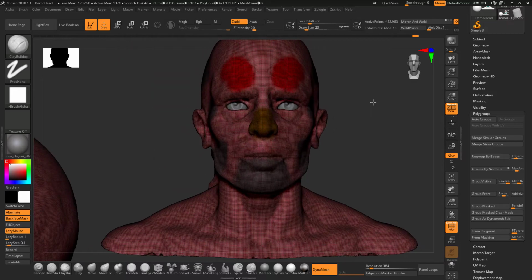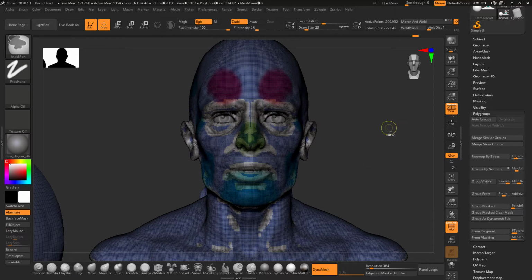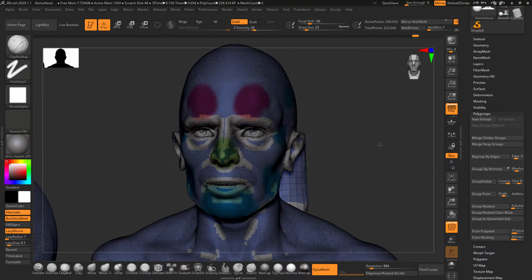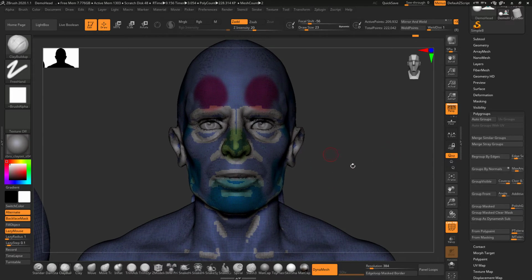Here we go. Now I'm going to erase all these polygroups. Let's say you have many polygroups and you simply don't want them. To get rid of all the polygroups, you can click on group visible.